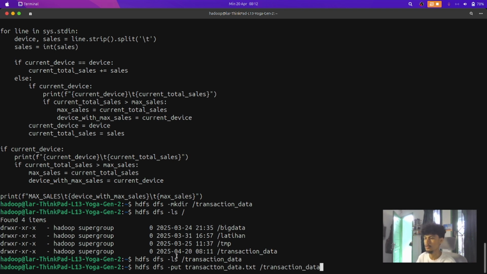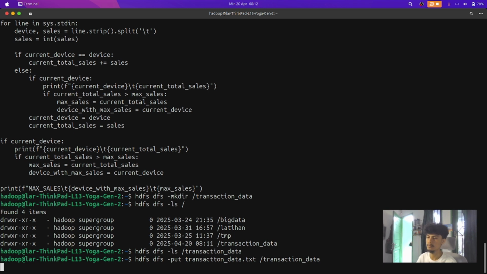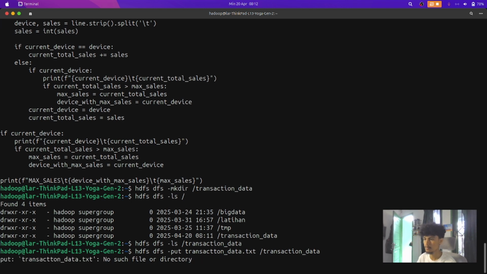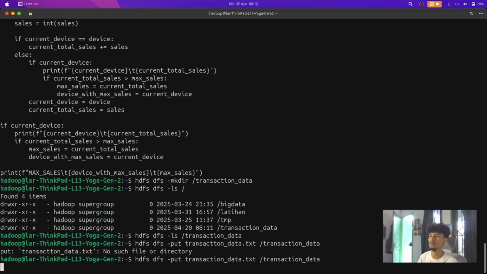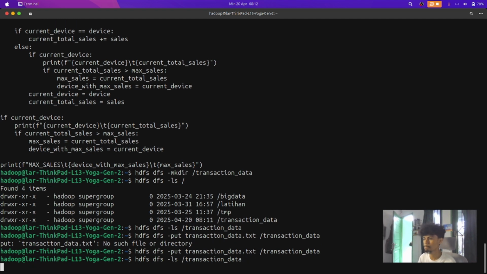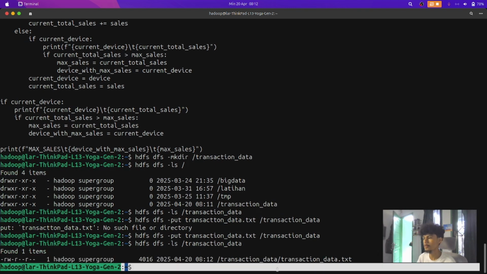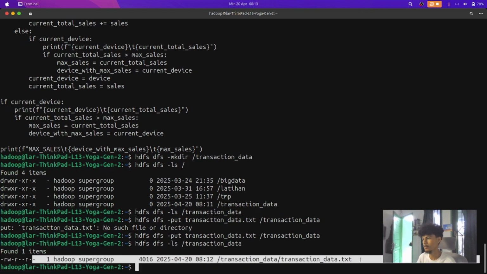So: hdfs dfs -put transaction data.txt and the folder, enter. Okay, we can check on the transaction data. Now we have a file transaction data.txt.